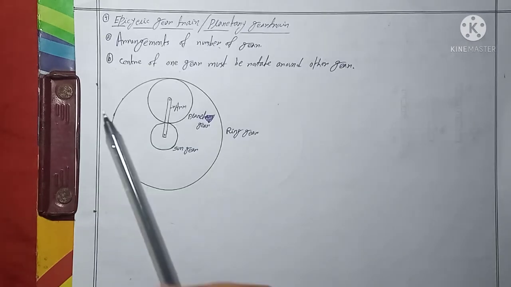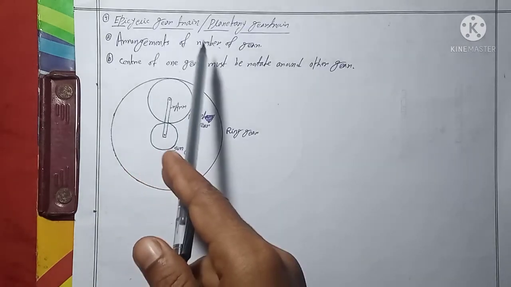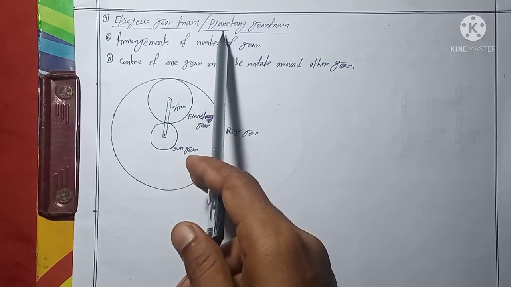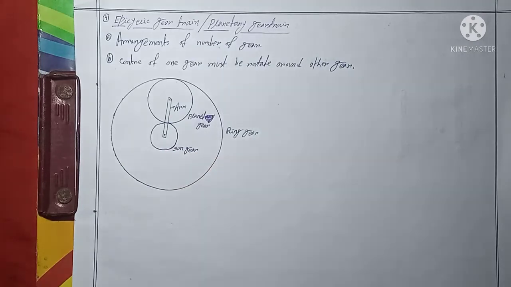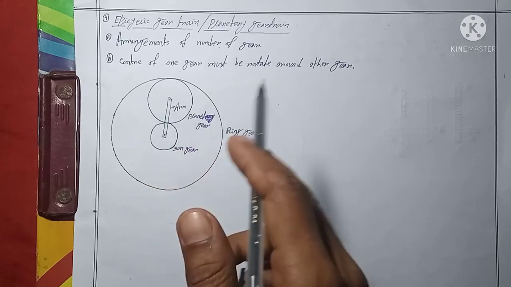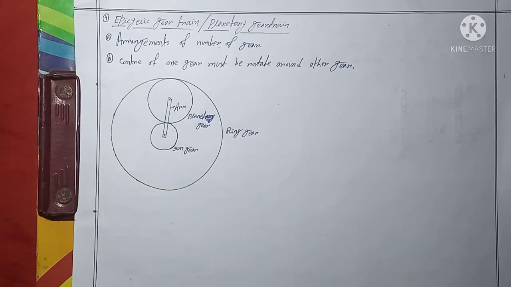The next one, the last one, is the epicyclic gear train, or it can be called a planetary gear train. If you say the gear train topic is very important, and you would give it 3 stars, then the epicyclic gear train you should give 7 stars. How important it is, I think you can understand. Okay, so here